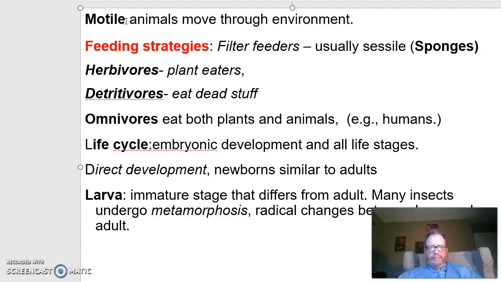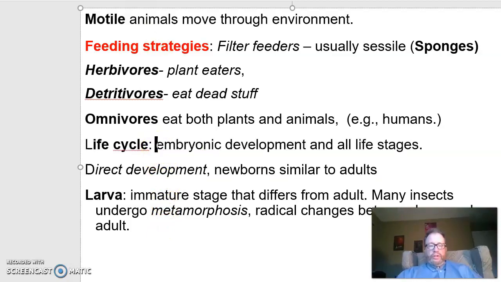So then we have life cycles. Life cycle is the embryonic development, and then all the life stages that an organism goes through. But here we're talking about animals. In direct development, the newborns are similar to adults. And then there'll be other animals that go through